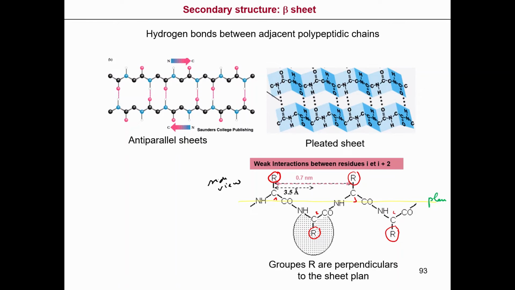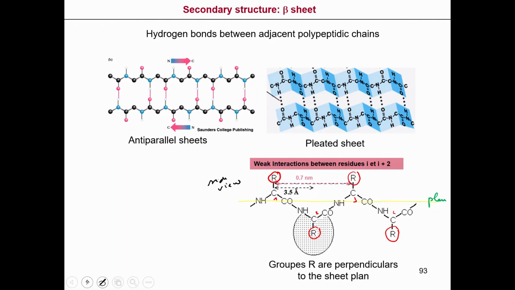So you have alternately up, down, up, down. Okay, and the side chains are perpendicular to the sheet plane. It's very important